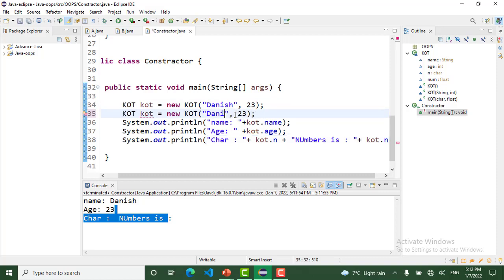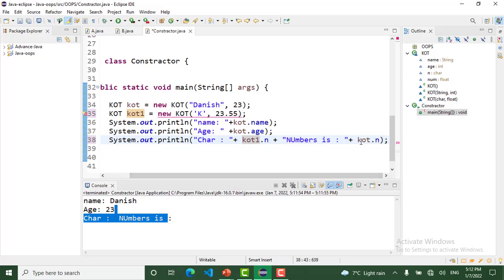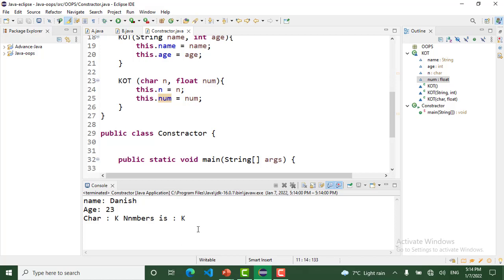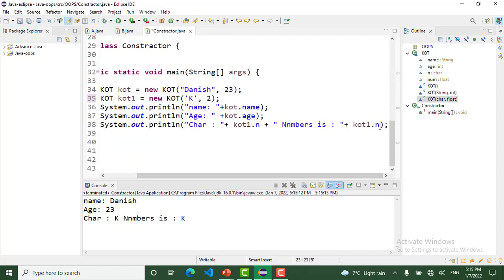I pass the character here, key, and I pass the number. The result is wrong because we have an error here.